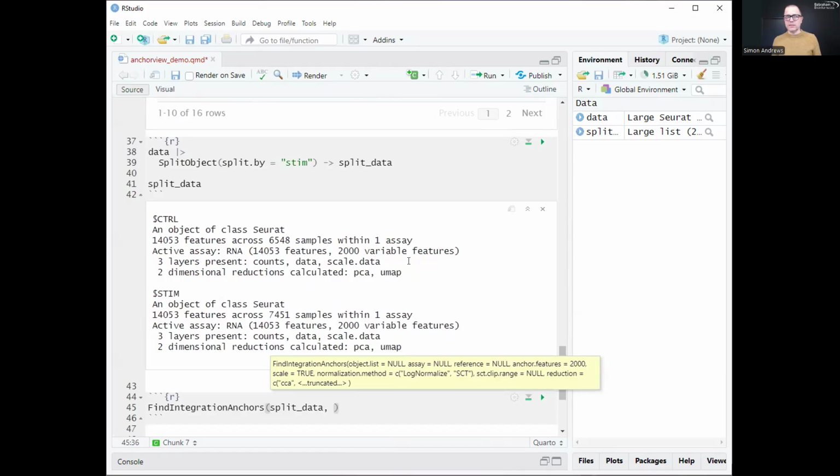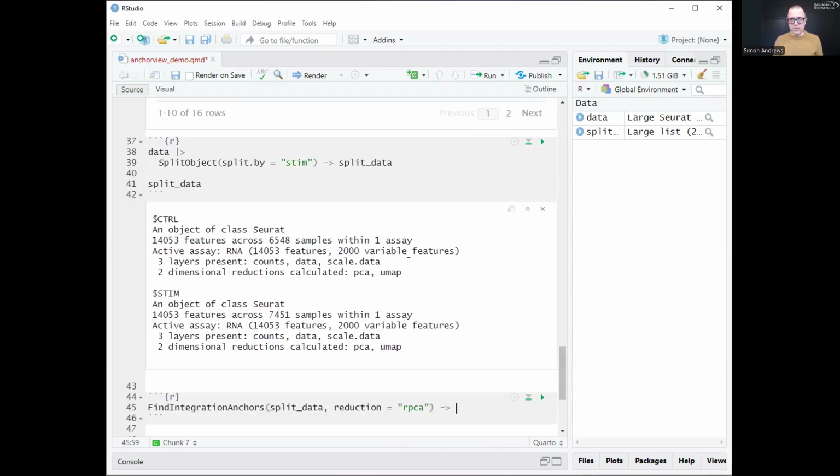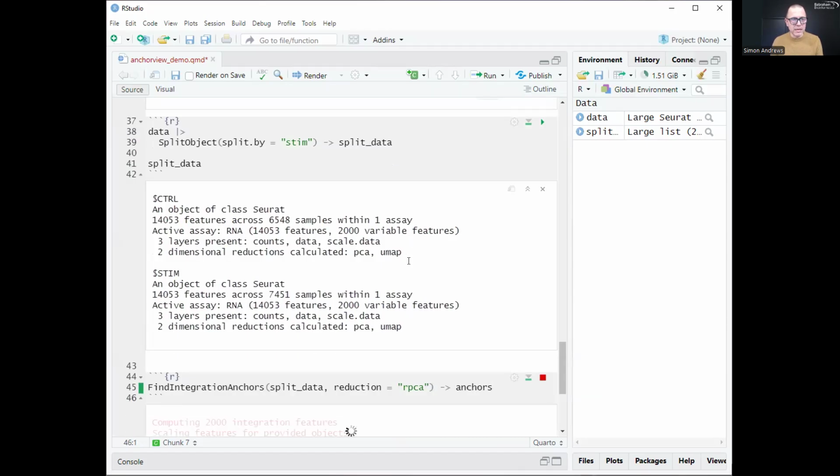We can do CCA, this sort of correlation analysis, or RPCA, for reciprocal PCA, which is beyond the scope of today, but this is one of the things that you can play around with and try out. So I'll do the RPCA method for finding the integration anchors, mostly because it's quicker, but it also works very nicely. So I will do that. This will take a little time to run,